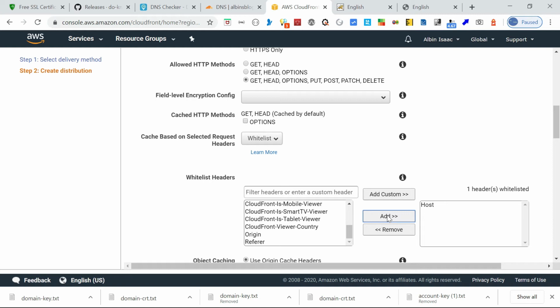Because you are whitelisting this host header, whatever the browser domain name is will be sent as part of this host header. So Apache will honor this. Apache will match the virtual host based on this host header, not the actual connected domain. So here the actual domain used to connect is cdn.albinsblog.com, but the actual browser host is test.albinsblog.com.